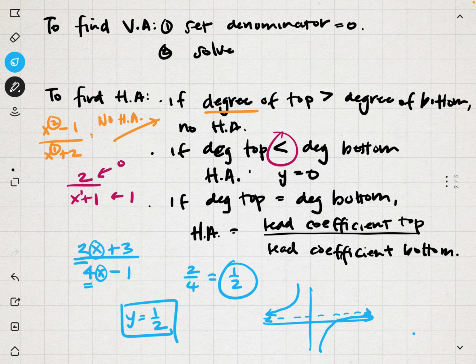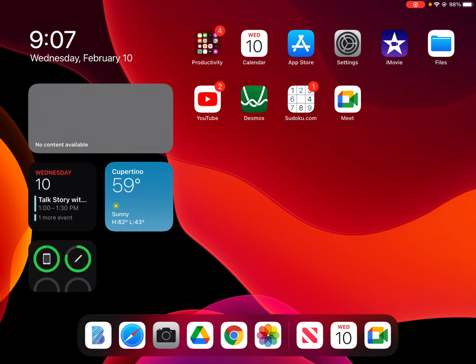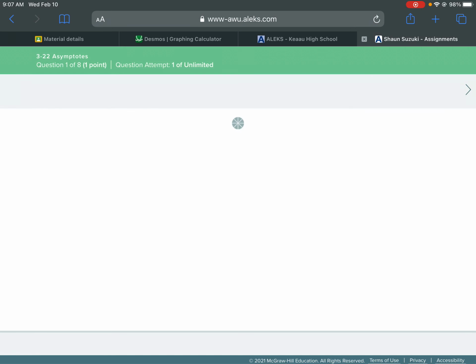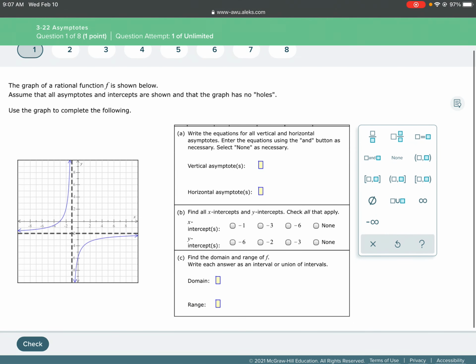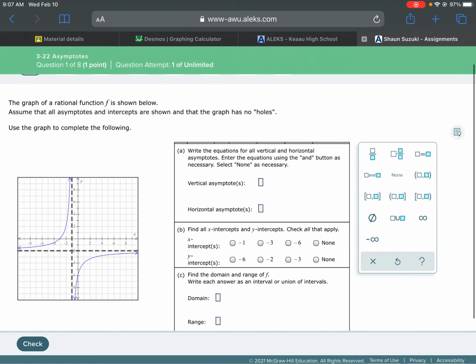Okay, so let's do some examples here. This is one of the things where we need to answer a bunch of questions about the same graph. So it says the graph of the rational function f is shown below. Assume that all asymptotes and intercepts are shown and that the graph has no holes. Use the graph to complete the following. So it's asking us, where is the vertical asymptote? So if we look at the line that's going straight up and down,